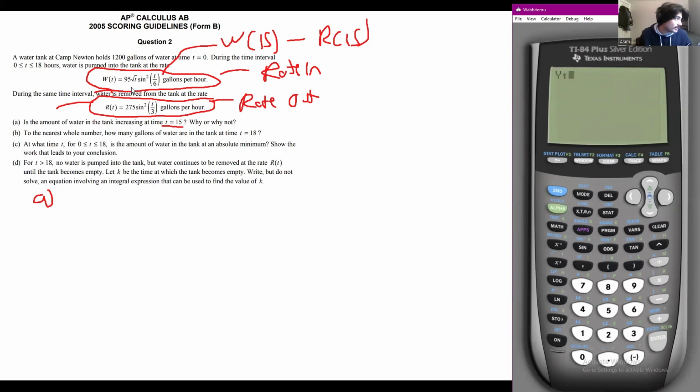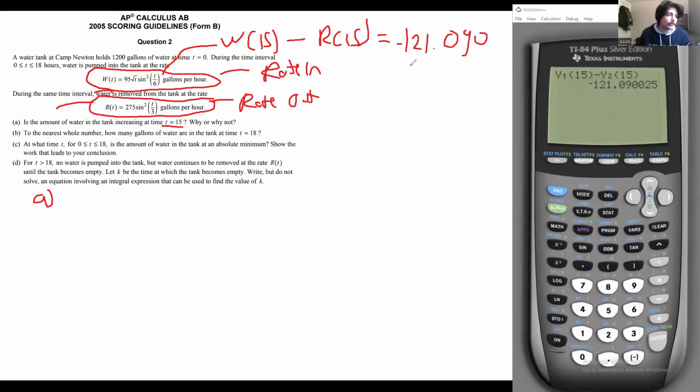Y1 was my rate in, which is W, so I'm just gonna say y1 of 15, which is W15, minus alpha trace y2 of 15. So it gives me an answer. It's negative